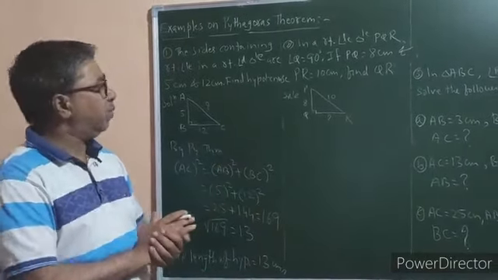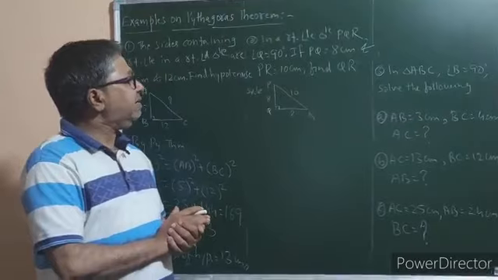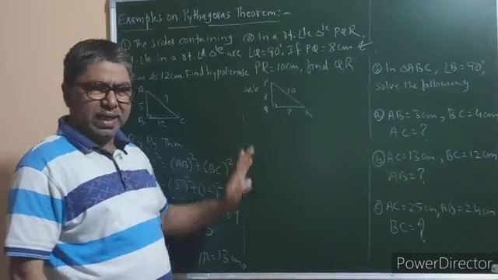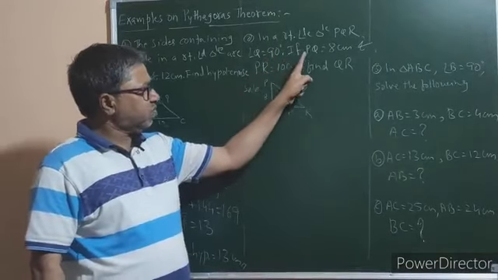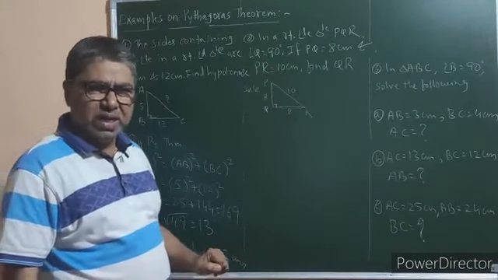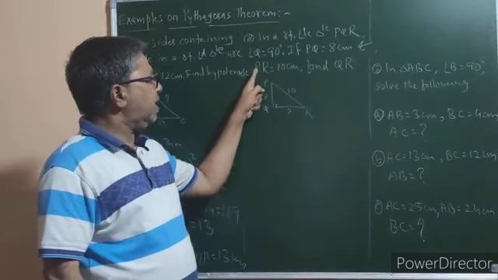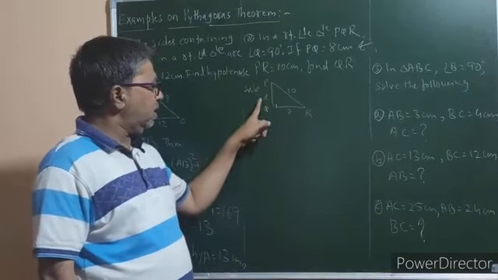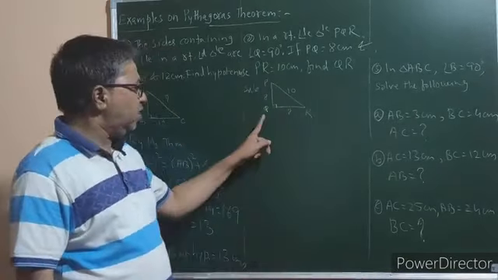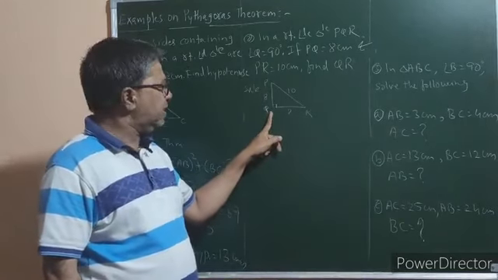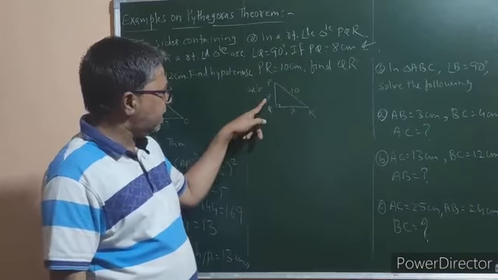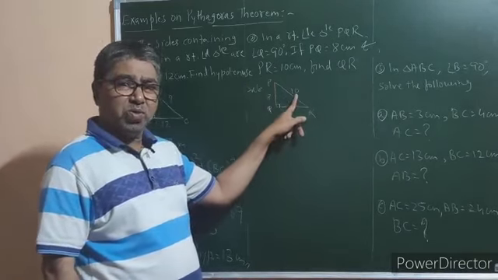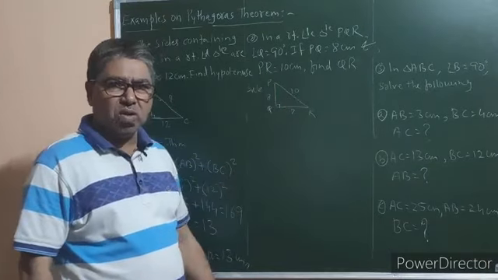Now coming to the second example: in a right angle triangle PQR, angle Q is equal to 90 degrees. If the length of PQ is equal to 8 centimeter and the length of PR is equal to 10 centimeter, find QR. So draw a right angle triangle PQR and show angle Q is 90 degrees. Then the length of PQ is 8, write PQ is equal to 8, and the length of PR, that is the length of the hypotenuse, is 10, and put a question mark on QR.